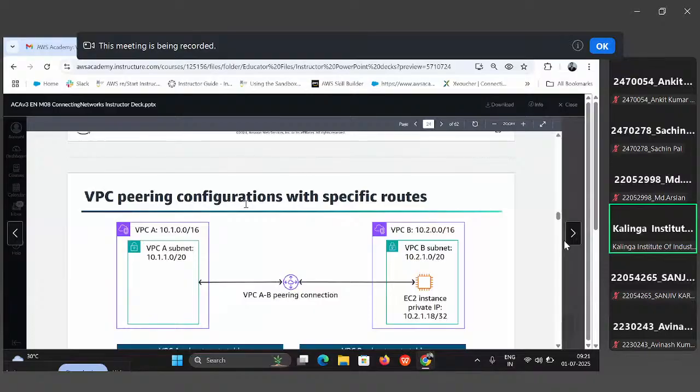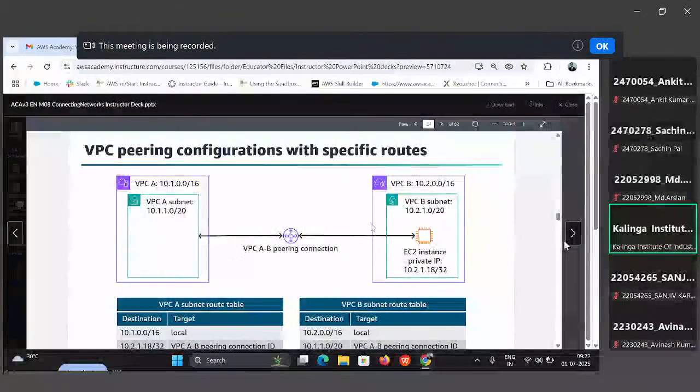Another is pairing configuration with a specific route. You can see one subnet is under this VPC, and if you have a subnet and instances under a particular VPC, you can refer to that from both the peering connections A and B. Like here we are creating one instance, but if you have multiple instances, you can connect those also, under the different VPC